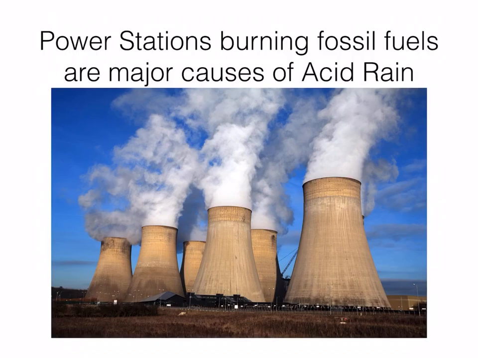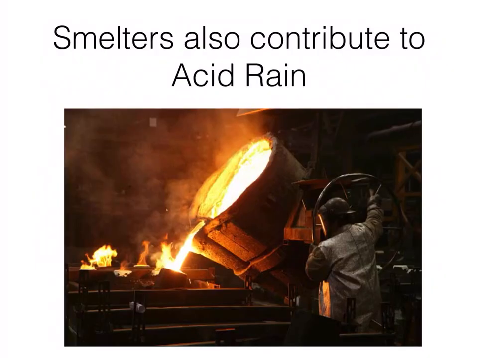Power stations are a big cause of the acid rain happening. I mean, we have power stations in Ireland, they have power stations all across Europe, all across the world. What is the purpose of the power station? To give us all electricity. How do they get electricity to homes and schools and buildings and offices? They burn fossil fuels. So power stations are burning huge amounts of oil, coal and gas to give us all electricity. But what's happening, as you can see in the picture in front of you, is there's huge emissions of gases such as sulfur dioxide and nitrogen oxide being pumped up into the air. That's mixing with the moisture in the air, and that's falling as acid rain.